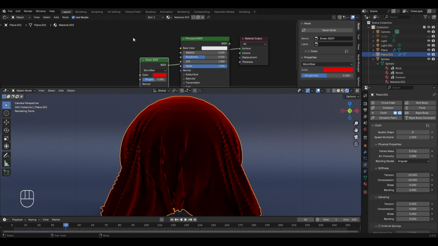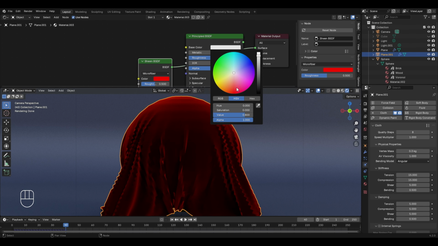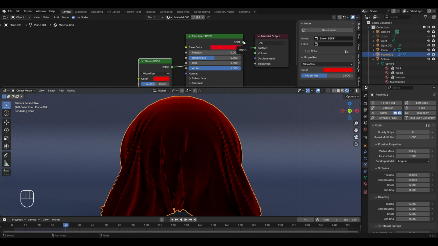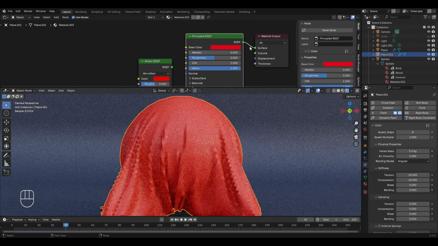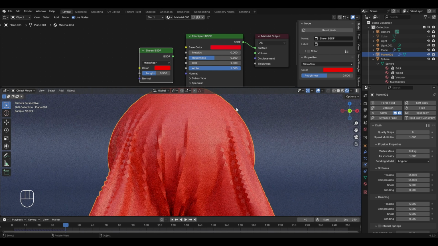But in reality, this is not the case, because if I go to the base color in the Principled BSDF and change this to the red color and then connect it to the material output node, then you can see the difference between this cloth material and the one that we got from the Sheen BSDF. As I told you before, the Sheen BSDF node will create a material considering the reflections and the microsurface details that we normally want in cloth materials.